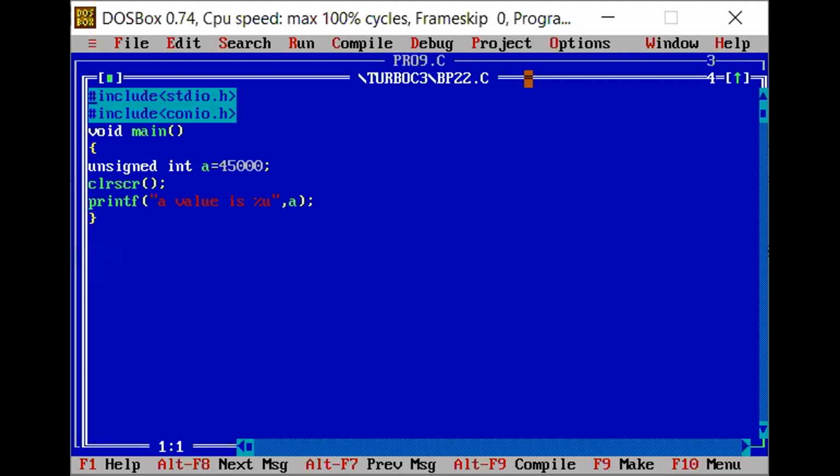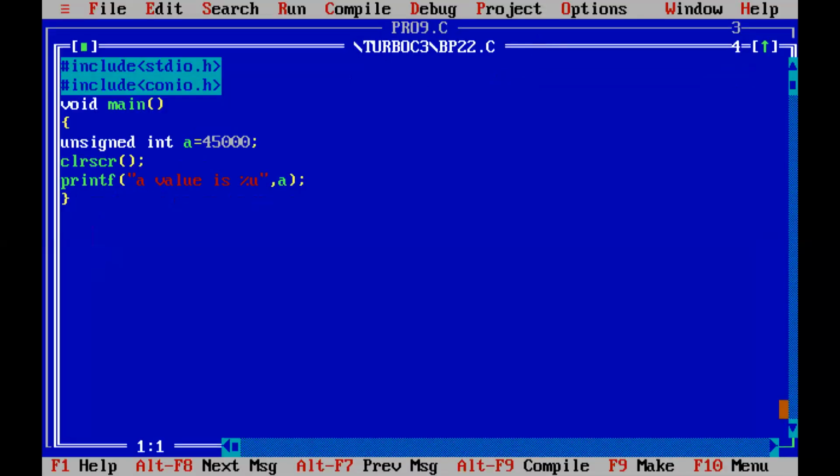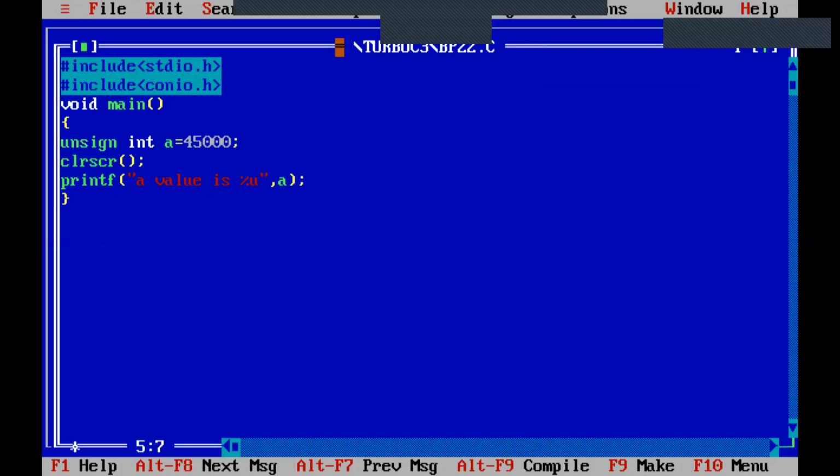So today, all of you, once you go through this slide, the very important slide is the data type slide. If you know the usage of data types, the size of data types, and the range of data types, then you can understand the next topic. So I will tell you one more program and I will close the session today. See here. This is my last program for today's session.